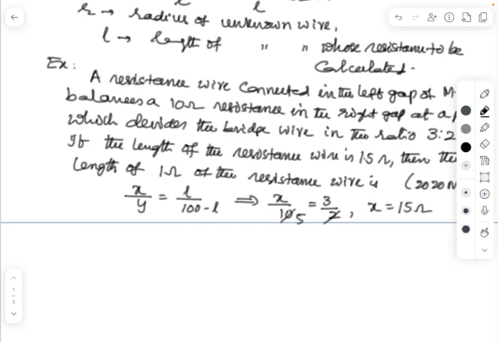Therefore, X equals 15 ohm. Here the length of the resistance wire is 1.5 meter, sorry, 15 ohm